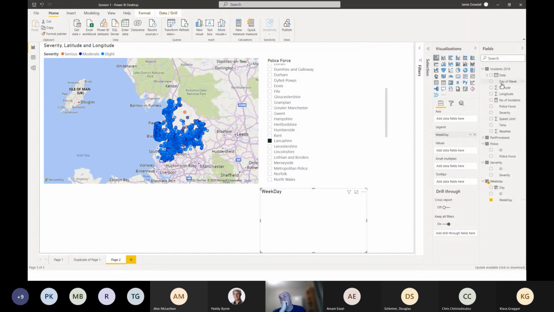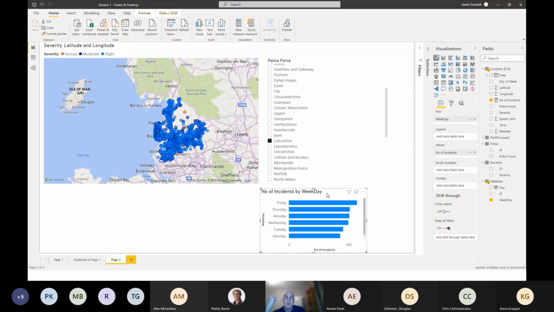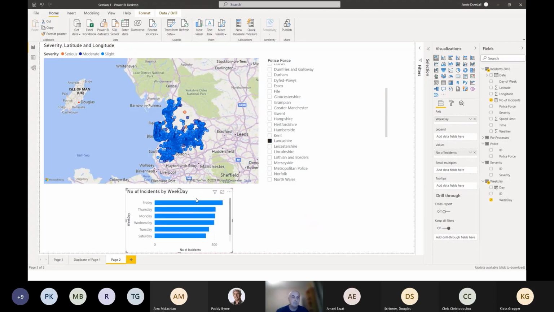We haven't got one at the minute, so I'm just going to pull in the number of... oh, we have got a measure. I've built a measure on this one, so I'm going to use it, but I'll talk about measures next week. I'm going to pull that into values, and that's not how I expected it because I've put weekday in legends, so I'm going to put that into axes there. And as you can see, the relationship works